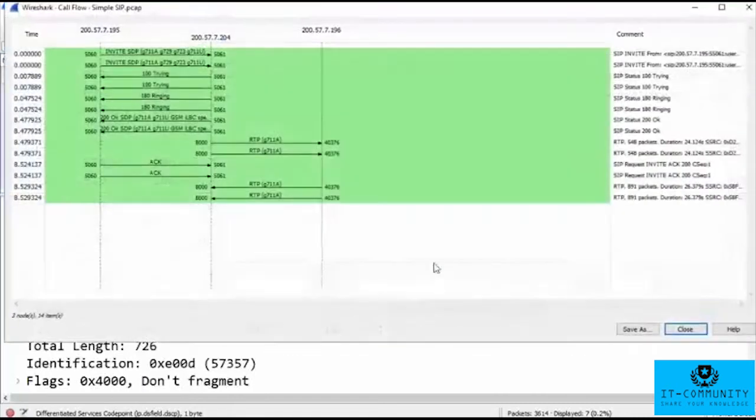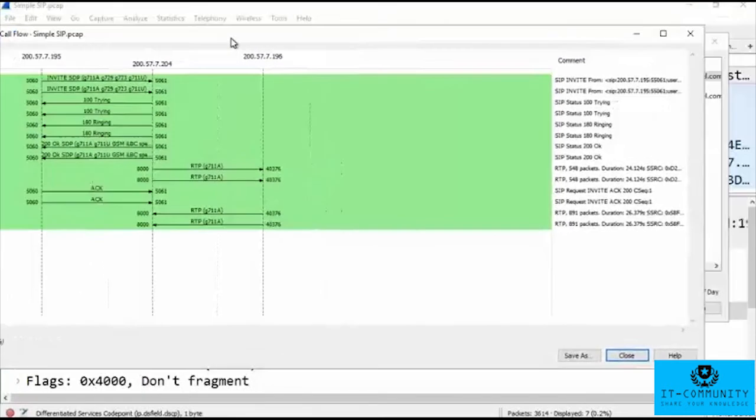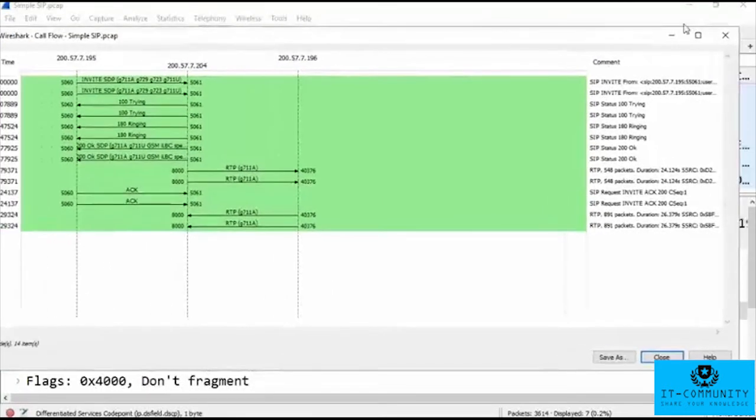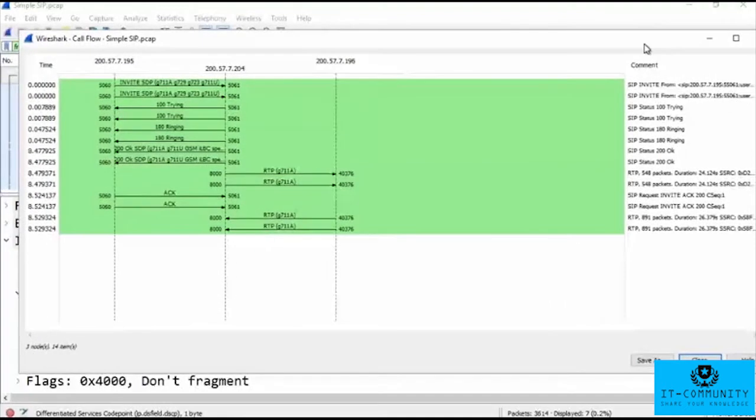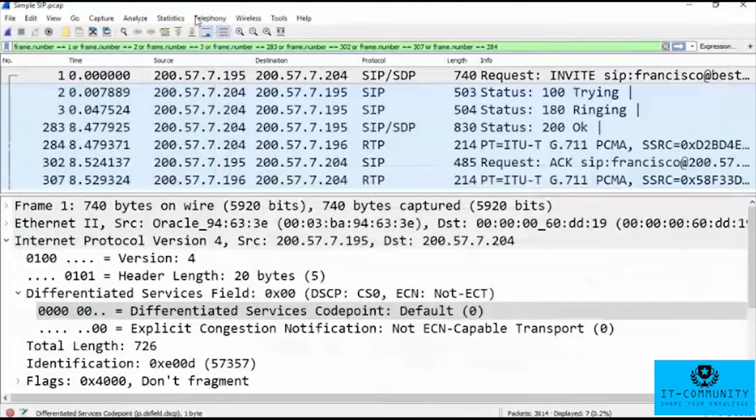So I would go to flow sequence and that just tells us that individual call and not much going on, but again, that's just isolating that single call. And what's great is I love the flow graphs because it tells us up on the top, you can see the IP address. You can do a logical drawing to kind of trace if you're doing some troubleshooting. And I'll close that. I'll minimize this, but now if we go back to Wireshark